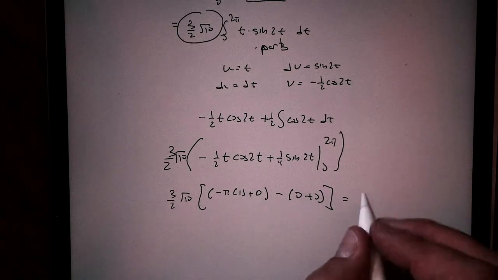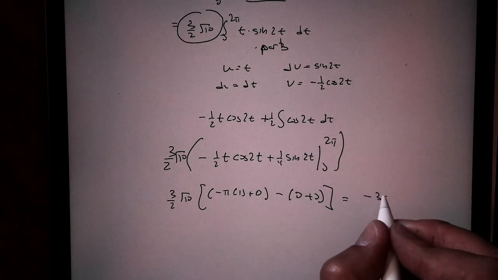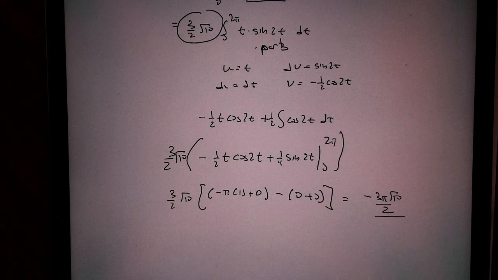So what do we wind up with? Negative 3 pi root 10 over 2. Probably made a mistake there somewhere. I'm sure I'll hear about it in my comments. Anyways, you guys enjoy, have some fun, and I will